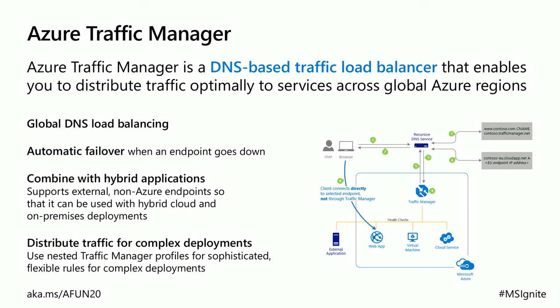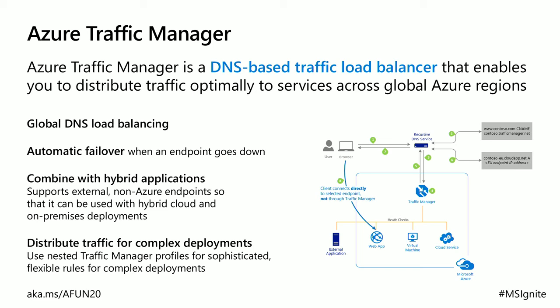And this is DNS-based, and it's going to basically let you direct clients to a preferred endpoint to reduce latency. And so, like I said, the load balancer is distributing traffic within the same region, whereas this is going to be able to go across multiple regions. And this is working at the DNS level, so it can work with a bunch of different protocols. It's using its DNS information to figure out where it's going to be sending traffic. And like